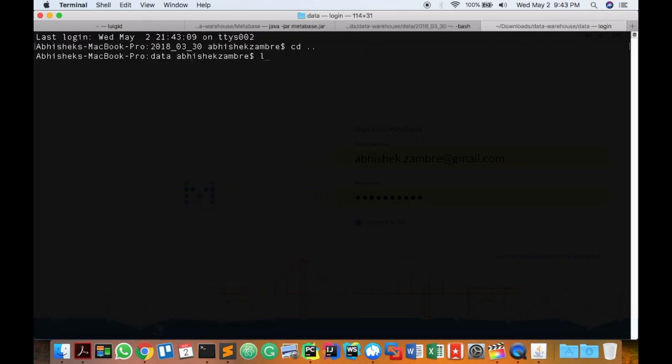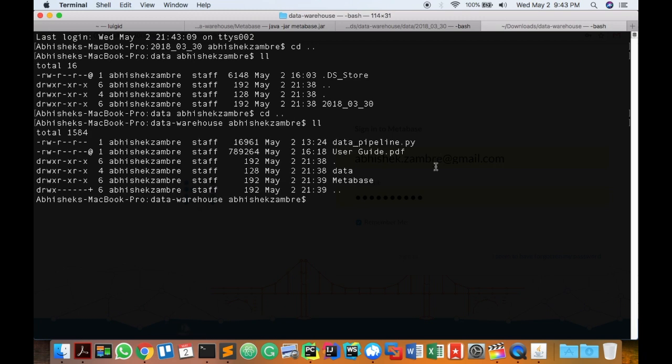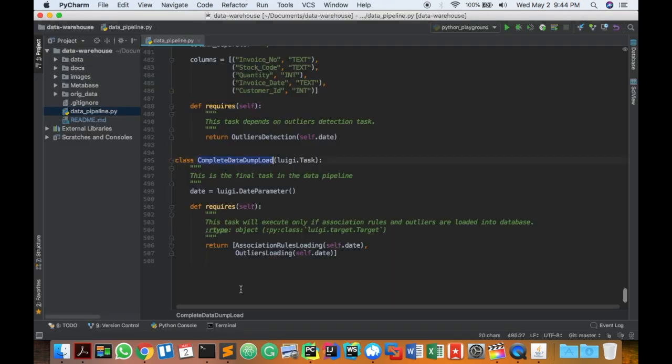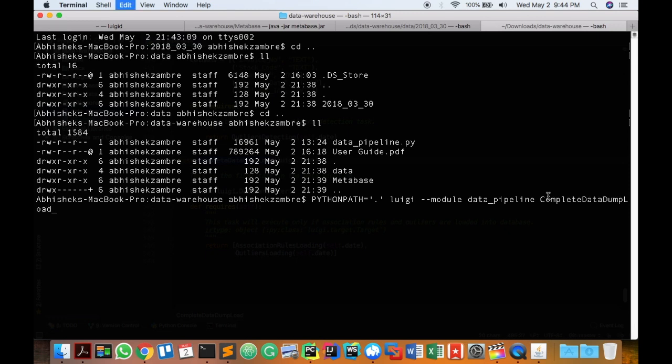Now, the important thing is that when you run this script, you'll have to keep this script in the Python path as well. But for now we will just go ahead with this module, and the name of our task is, so you just have to give it here.